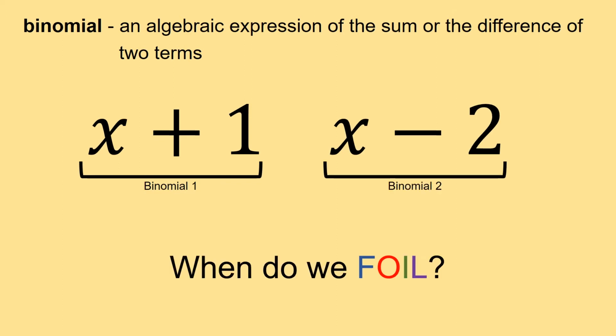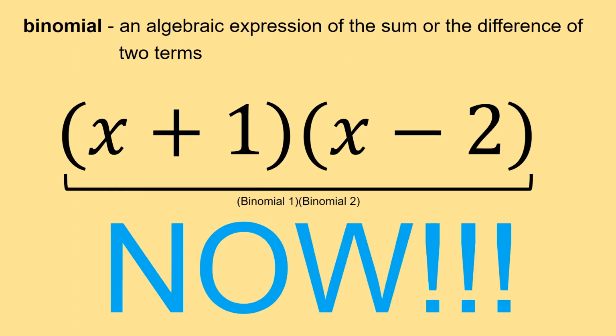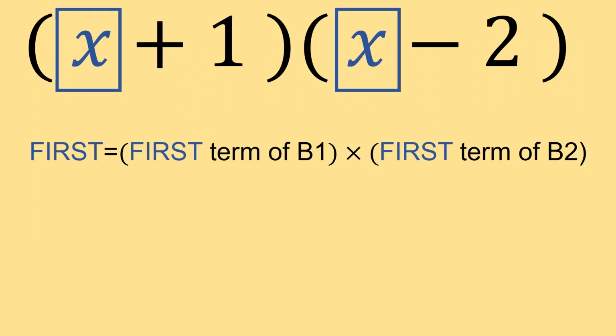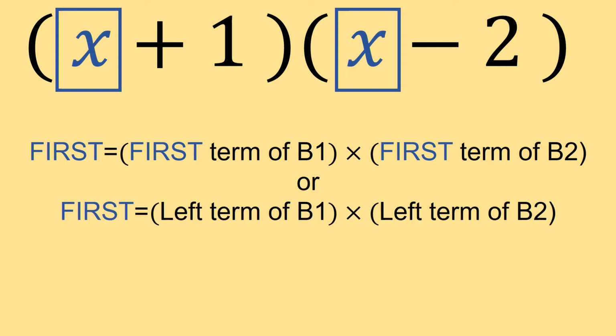So when do we use FOIL? We use it when we multiply two binomials together. It acts as a guide to help us multiply the binomials out properly. For first, you multiply the first term of each binomial together. This is the same as saying multiply the left term of each binomial together. For this problem, the first term in each binomial is x, and so when we multiply x by x, we